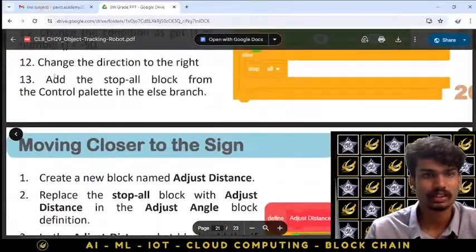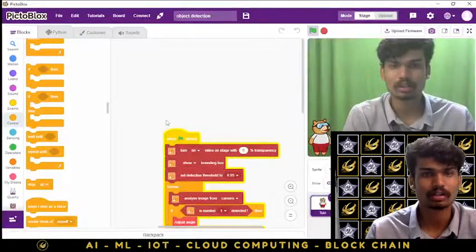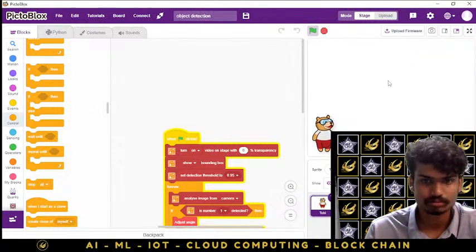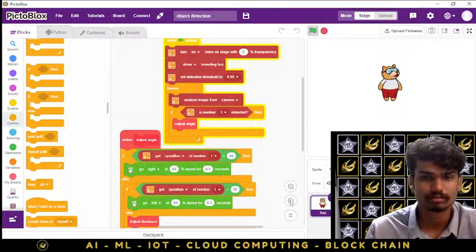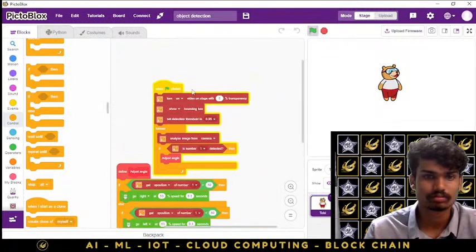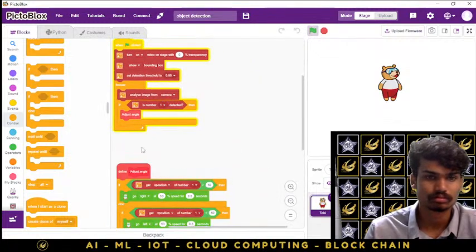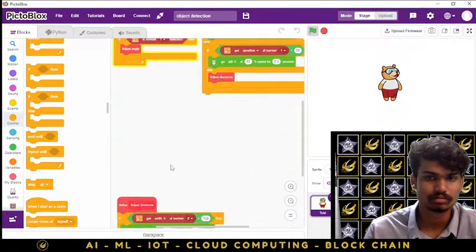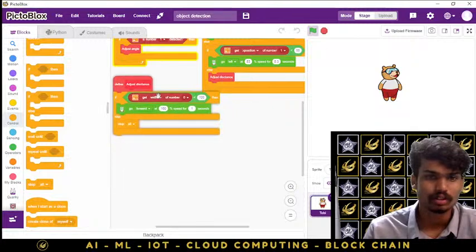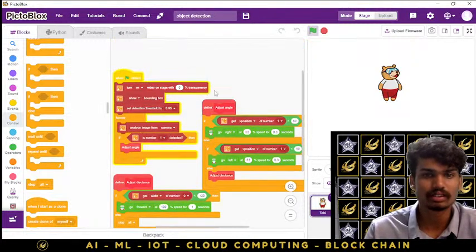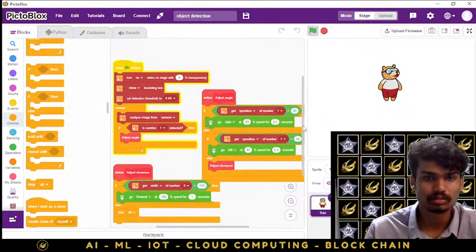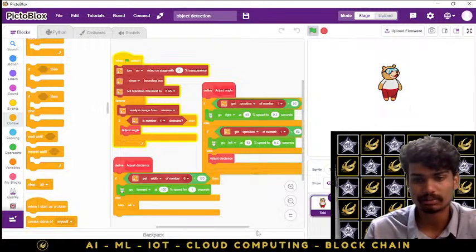In the meanwhile, you can just have a look at the code. If anyone is noting down the code or doing the program, please continue. I guess this is visible, and then